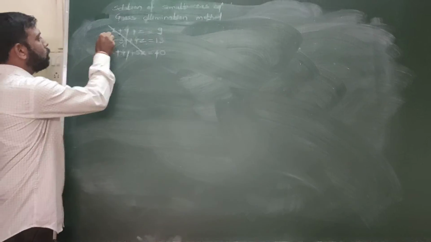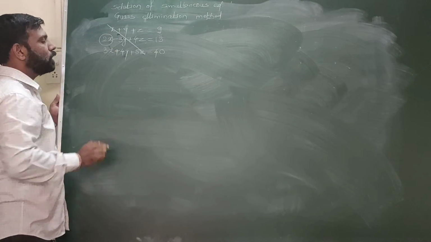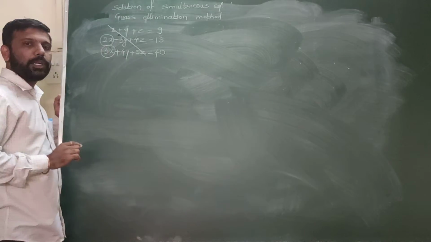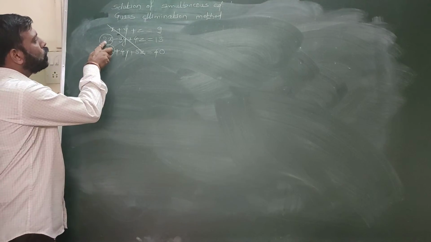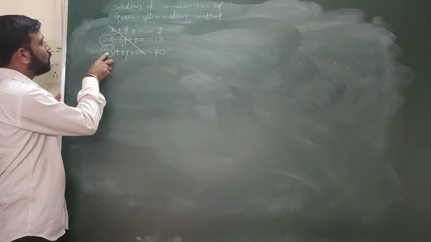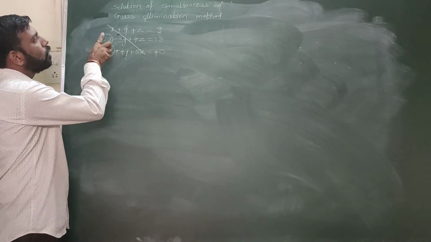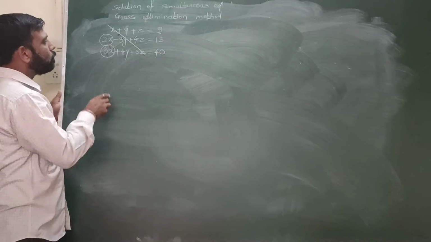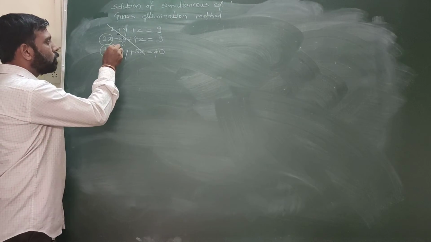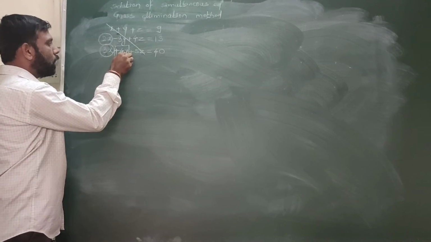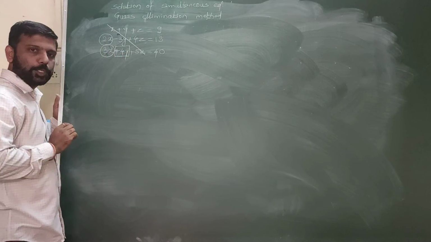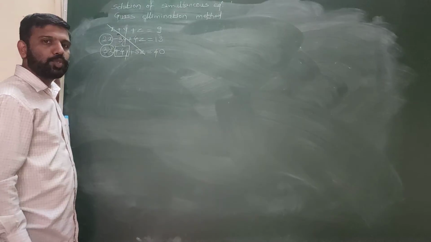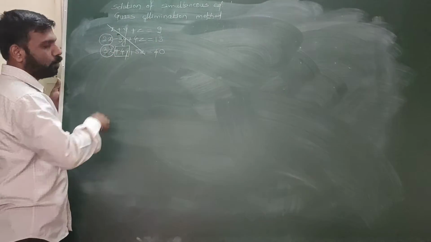In the first step, make this element 0. Again, make this element 0. So initially these two elements become 0 in step 1, and this completes our first step. In the next step, the element we got here will be made 0. That is our step 2. And then we'll use the backward substitution method to find the unknowns.